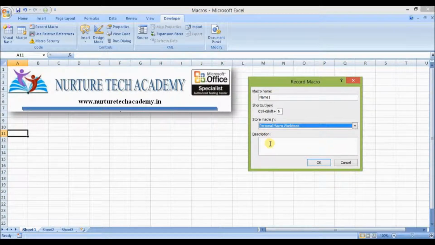And the last thing is description. This is optional. If you want to add any description, you can. If you don't want to add anything, that's fine, because the idea behind description is you cannot explain everything about a macro in its short and simple name. So you can just add a description.